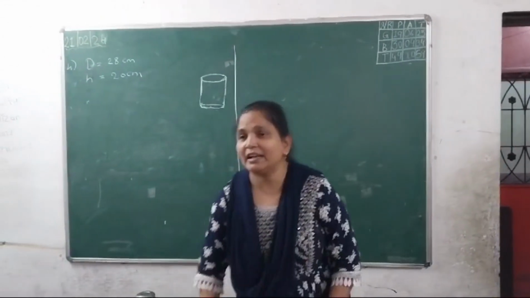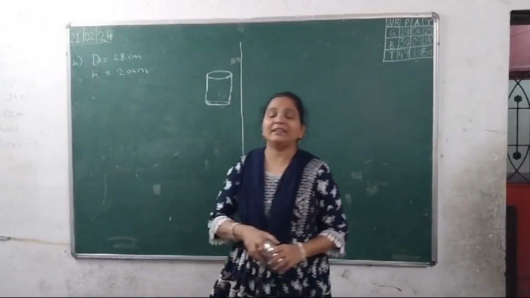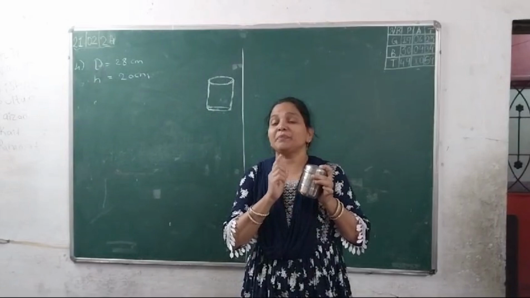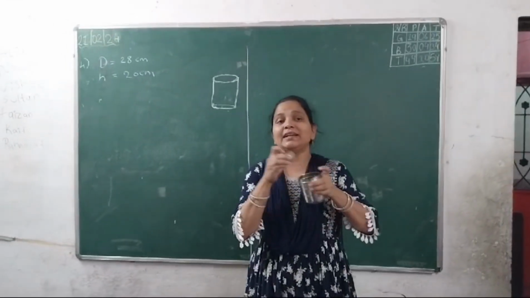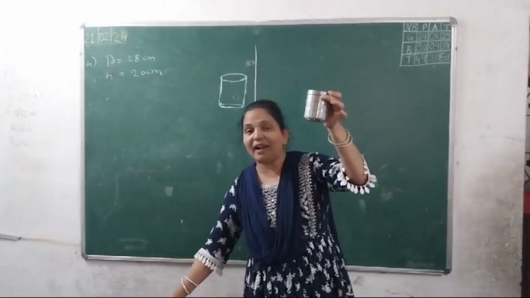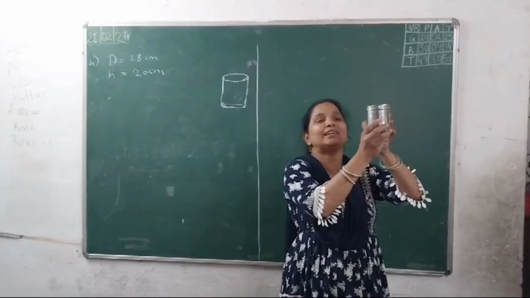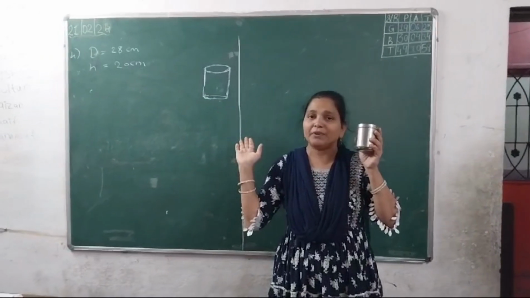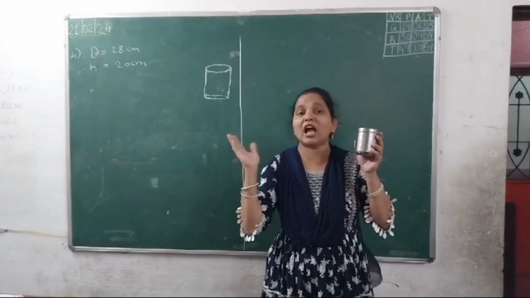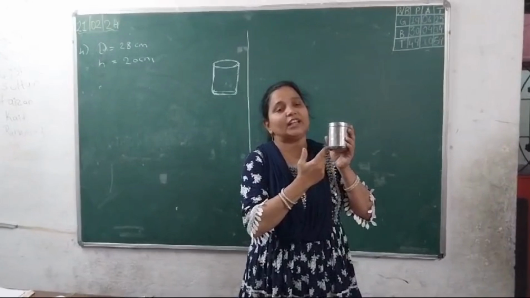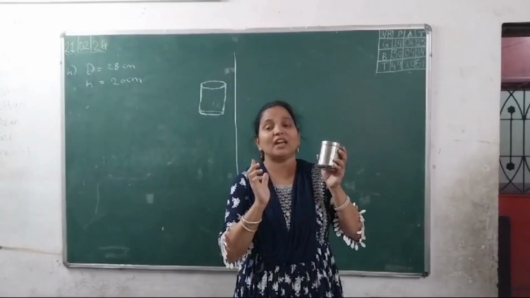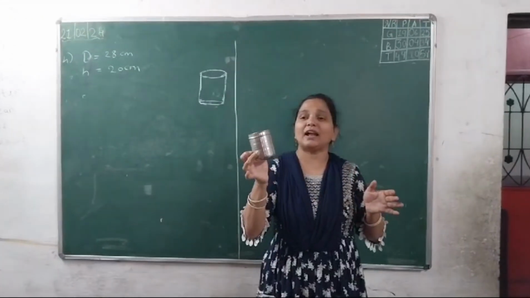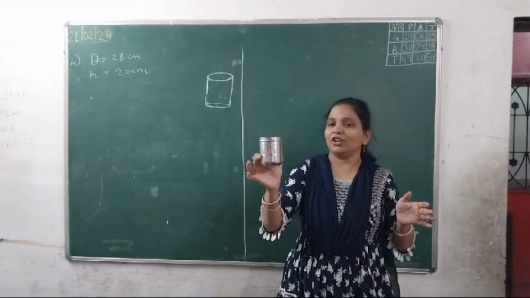Now here they are telling us that we have to find the area of a sheet, which is a metal sheet made into a container, a cylindrical container. Now we will be finding the area of this cylindrical container by using the formula which we have learned in the previous class. That is curved surface area plus the surface area of the circle that we are finding in the container. Are you understanding? So with the help of that we will find the area of this container.